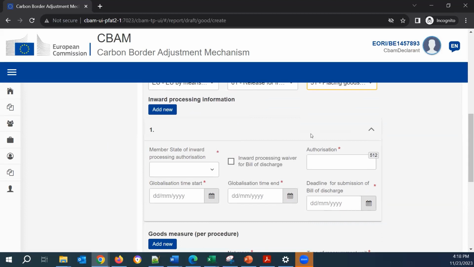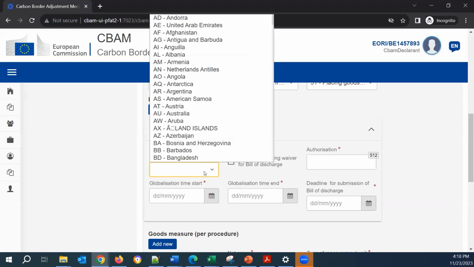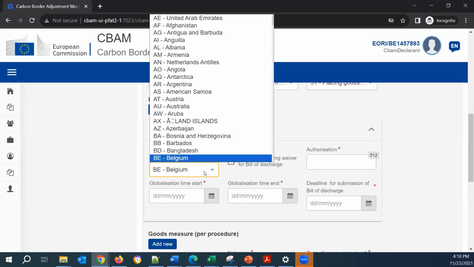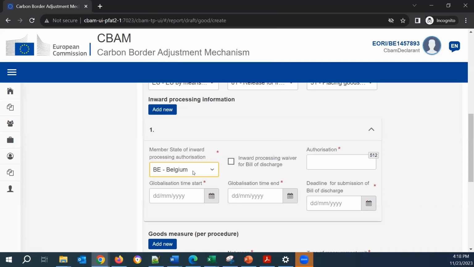Here we are. All this section is related to the inward processing. We need to fill in this information. The member state of inward processing authorization. This is BE for me, Belgium. If there is an inward processing waiver for the bill of discharge, my authorization, at least the number.